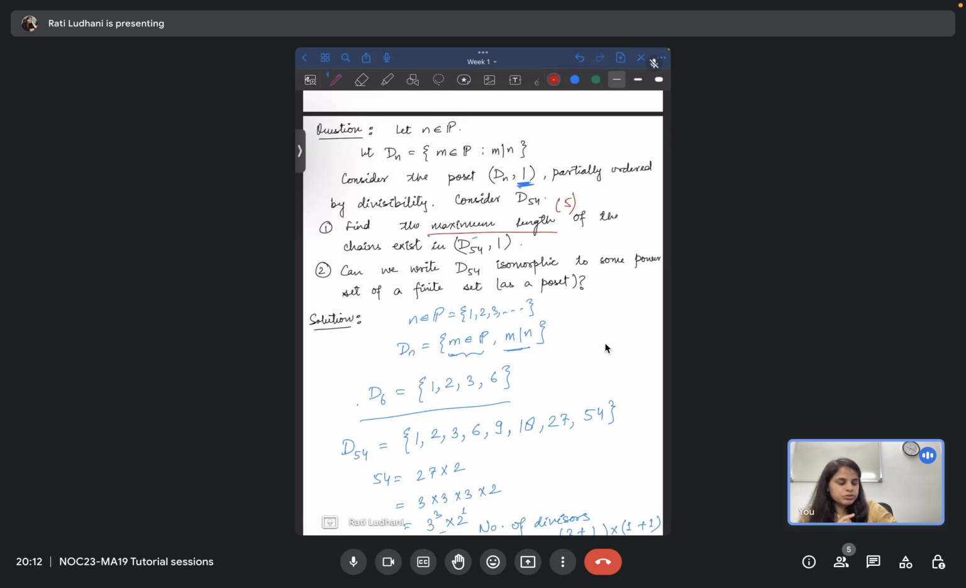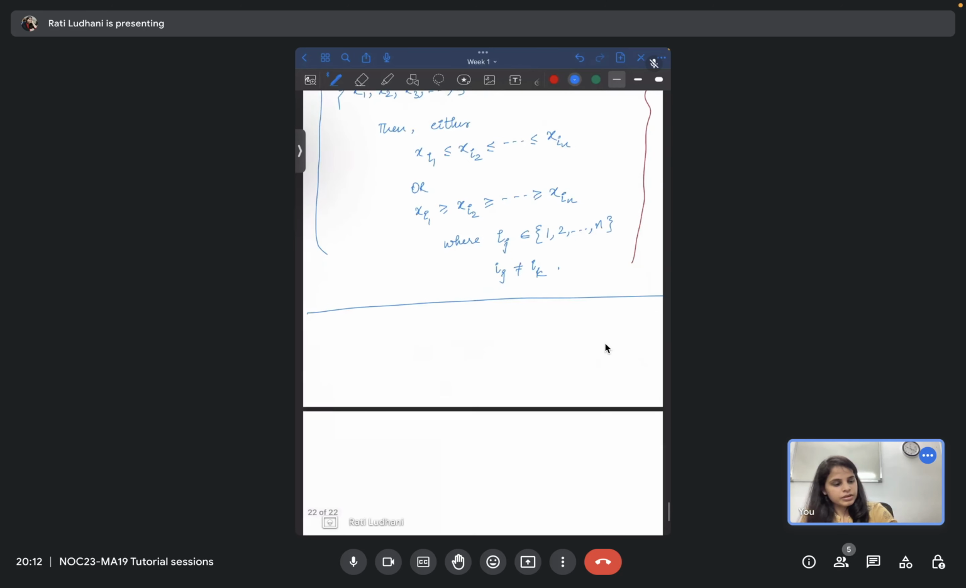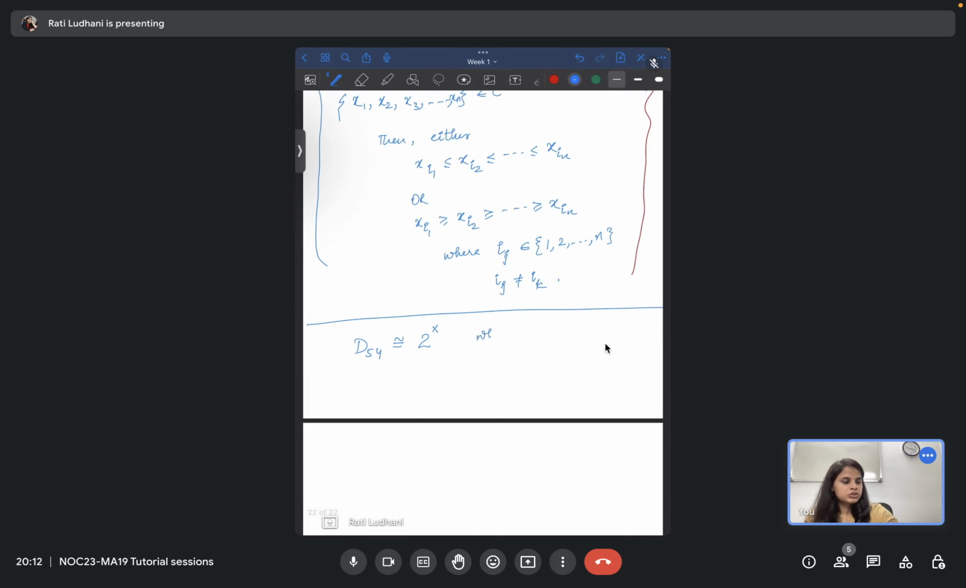Okay, let's move to the next part. Can we write D54 as isomorphic to some power set of a finite set? So let's see what has been asked. You have D54. Can you write it as isomorphic to some power set of X, like 2 raised to the power X? The power set has the natural partial order relation, which is inclusion. That is the one we are talking about. X is a finite set,